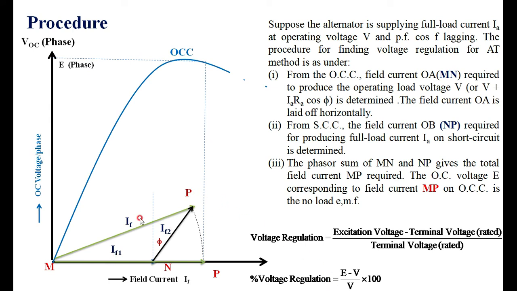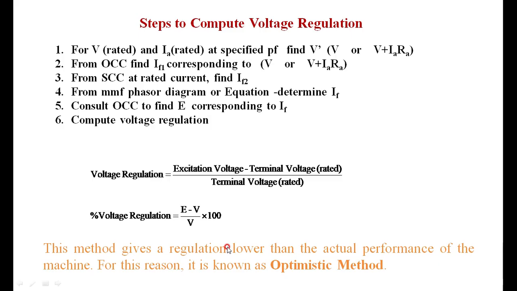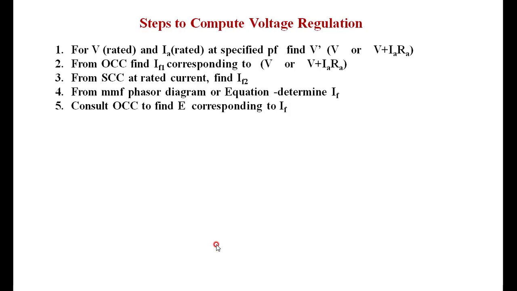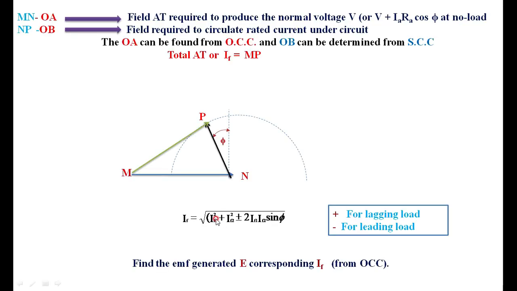Then if you are confused about drawing this vector diagram and projecting on this, what you have to do is make use of the formula of IF1 square plus IF2 square, plus or minus 2 IF1 IF2 sin phi, and